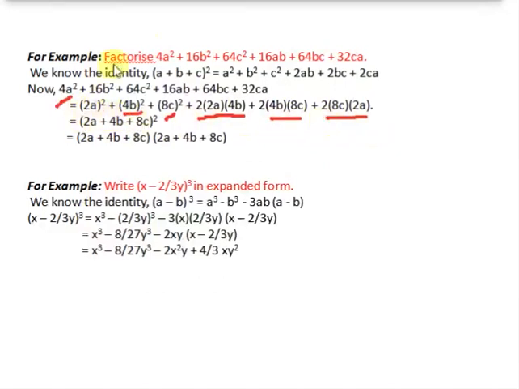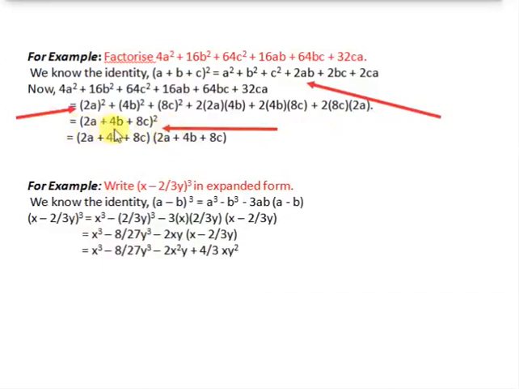If we compare this whole breakup with this one, then we come to know that this is actually the formula for (a + b + c)², where a is 2a, b is 4b and c is 8c. Hence this whole expression can be written as (2a + 4b + 8c)², which, since it is a whole square, we can also write two times: (2a + 4b + 8c) into (2a + 4b + 8c). See another example.